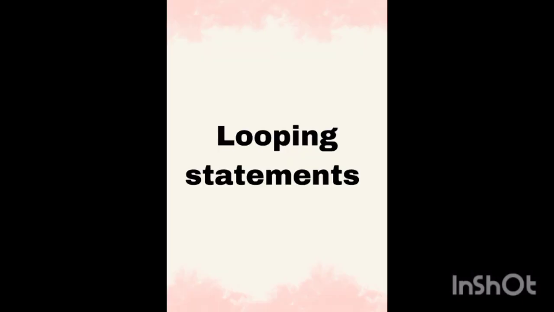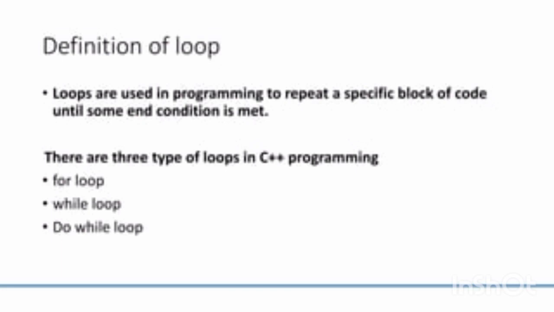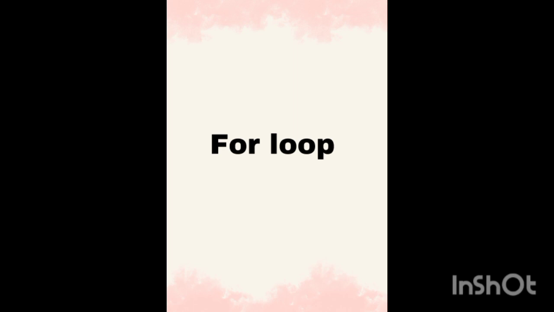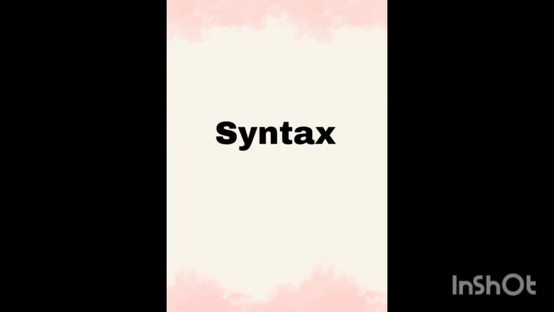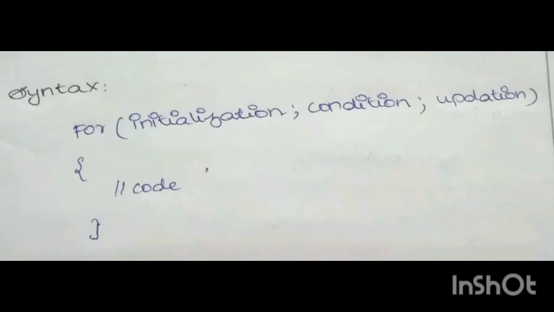Looping statements. What are looping statements? Loops are used in programming to repeat a specific block of code until some end condition is met. For loop. The for loop executes the statements of a program several times. The general syntax of for loop is: